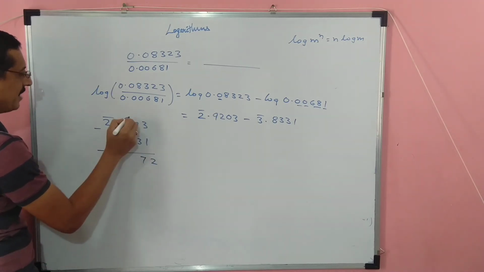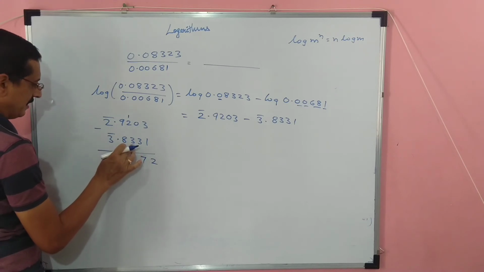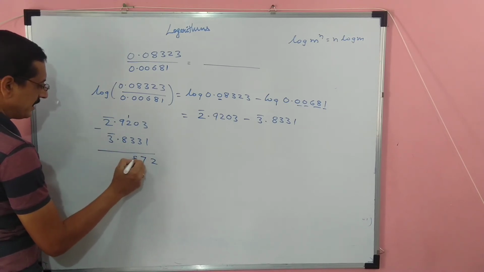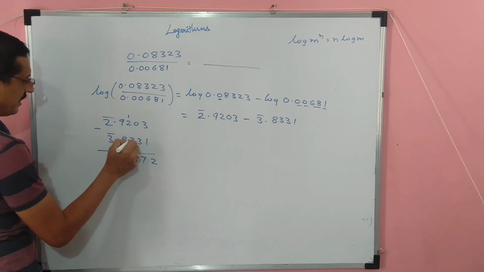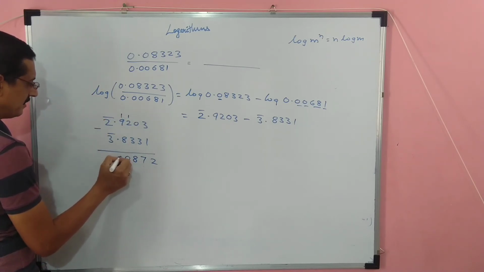Okay, now your method I am using. So ये 1 हो गया, तो 11 minus 3. 11 minus 3 is 8. 8, 9, 10, 11. सही है. Then it is 8 minus 8 is 0.